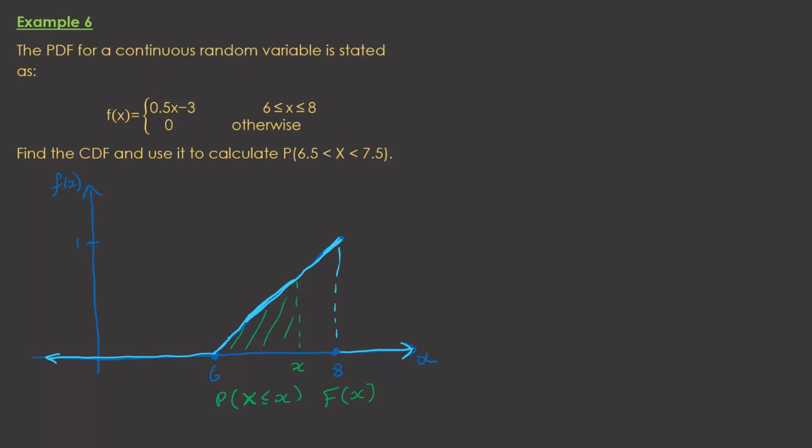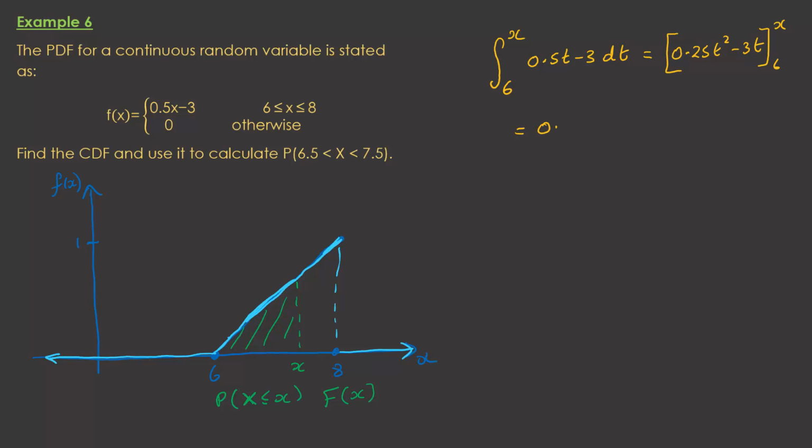Okay, so what we need to do is we need to integrate between 6 and x, 0.5 t take away 3 dt. And I make the same point here about the variable as I did in the last example. So that's going to be 0.5 t squared over 2, which is 0.25 t squared, take away 3t, to be evaluated from 6 to x,